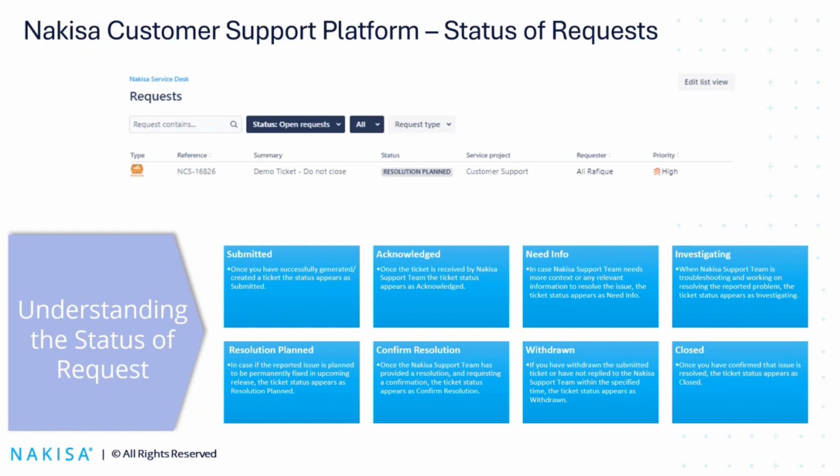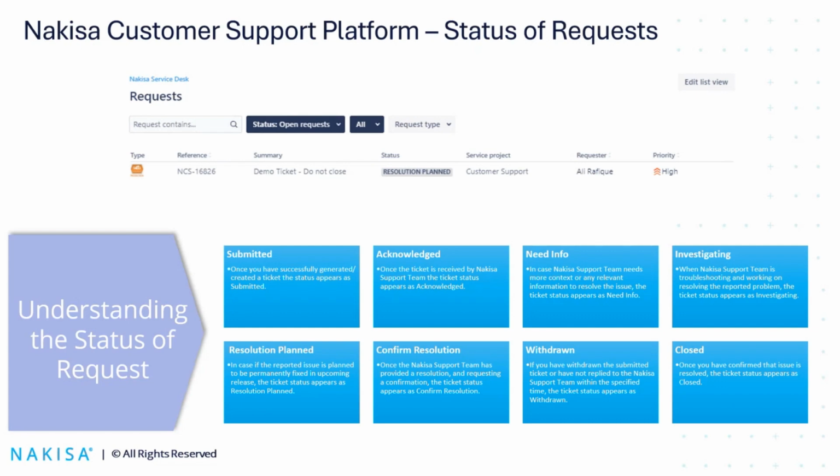This is the stage where they will look through the information submitted, if we have access to your environment. If not, they will get back to you. They will also do the first level of verifying, of reviewing the information, and ask you some more questions. Then you have the need info, where they come back to you asking for further information. As we start investigation, you will have the status investigated, and then we move to resolution plan once we have a solution, and we work with you for that. When we confirm the resolution,